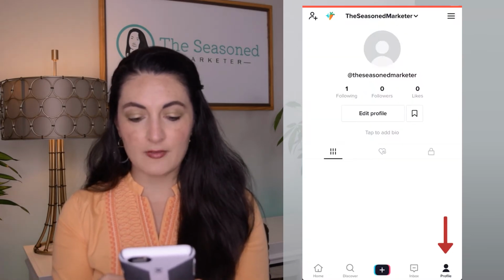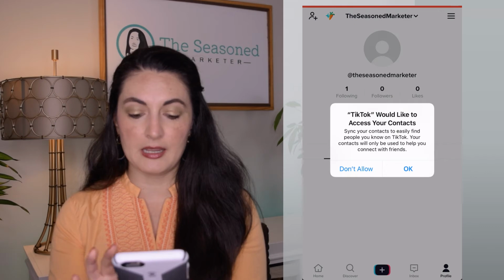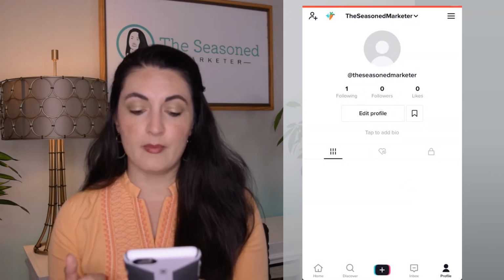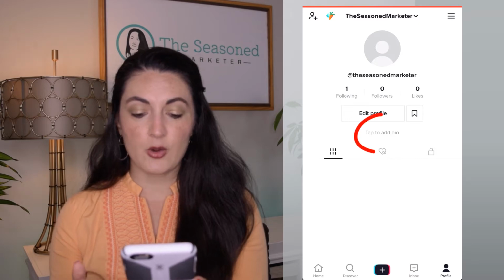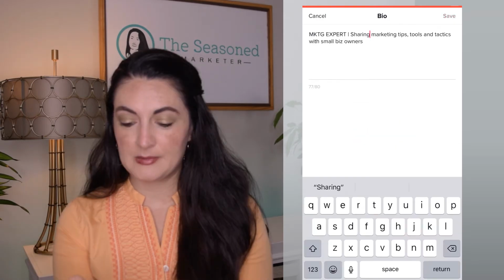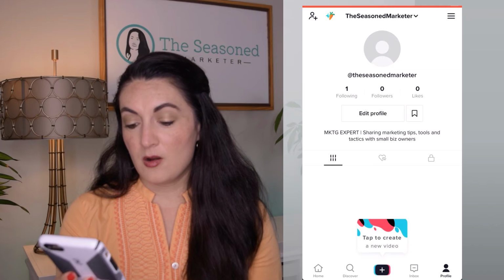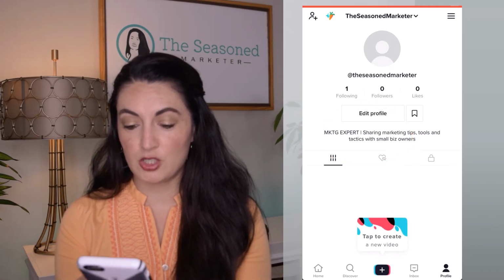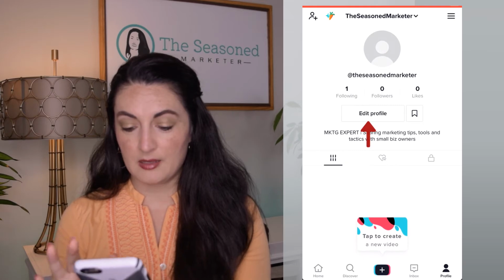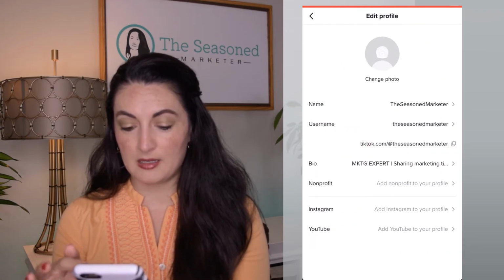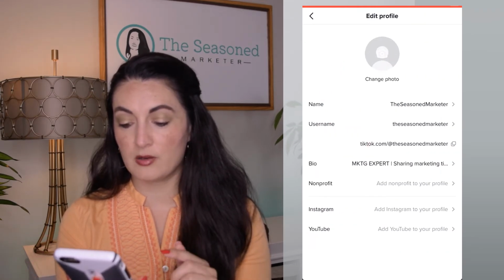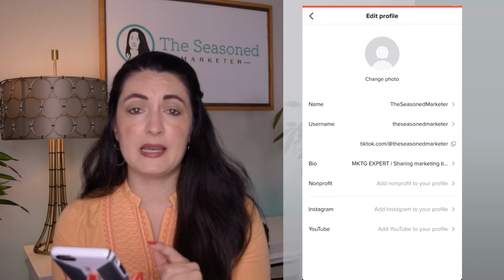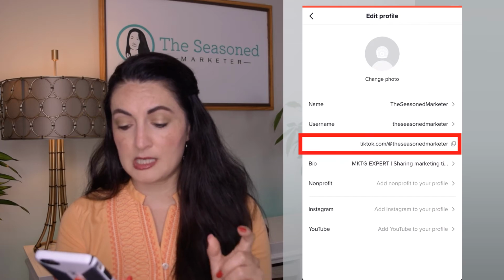With profile, obviously I want to come on here and I'm going to hit OK because I need to finish my profile out. So I need to go ahead and add a bio, save, and now that shows up on my profile. I have the option to upload a photo, so I'm going to go back and notice when I hit edit profile, it's got my handle, username. It also shows me my TikTok link now, which is